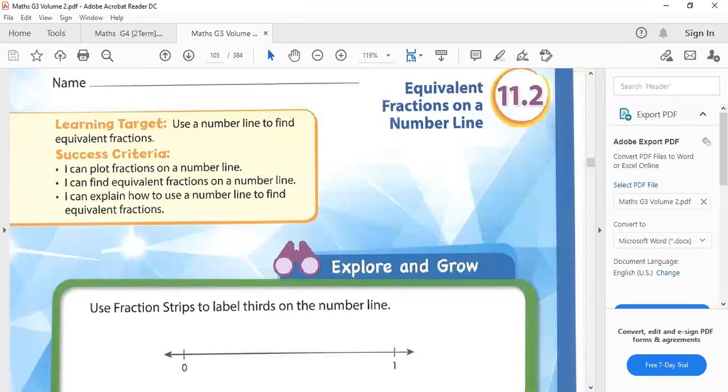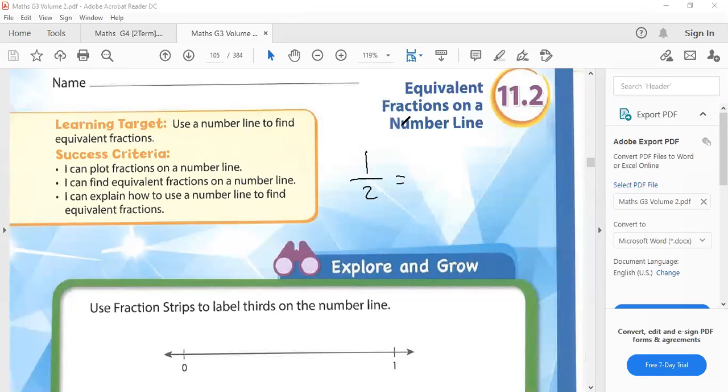Today we will continue talking about fractions, especially equivalent fractions. Let us remember that equivalent fractions means equal fractions. They will be equal. So we said yesterday, if we have, for example, 1 over 2,